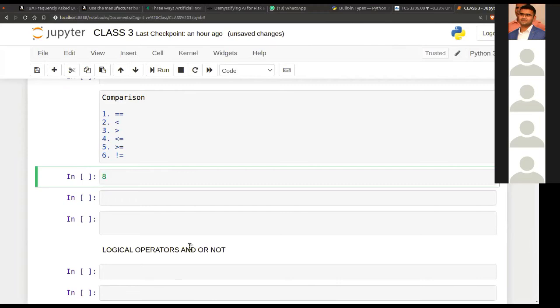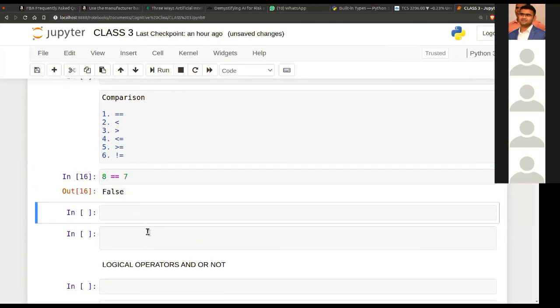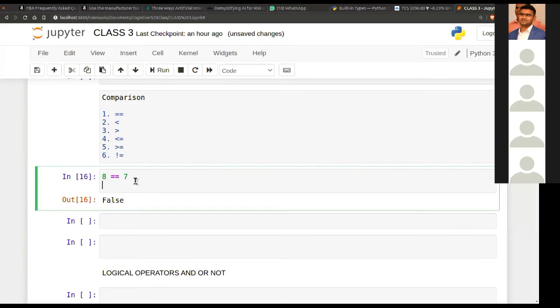So suppose, is 8 equal to 7? No. So we get false. Every comparison gives you a Boolean value as output. That helps us in control flow to make our decisions. In order to implement logic, we are definitely going to use the comparison operators a lot.